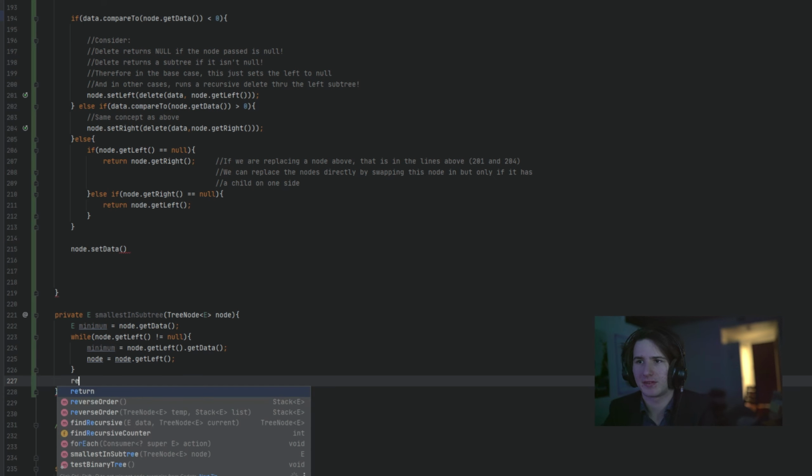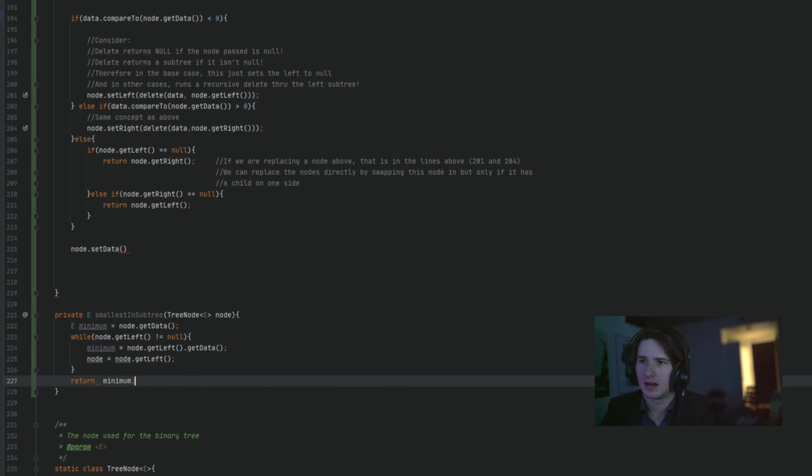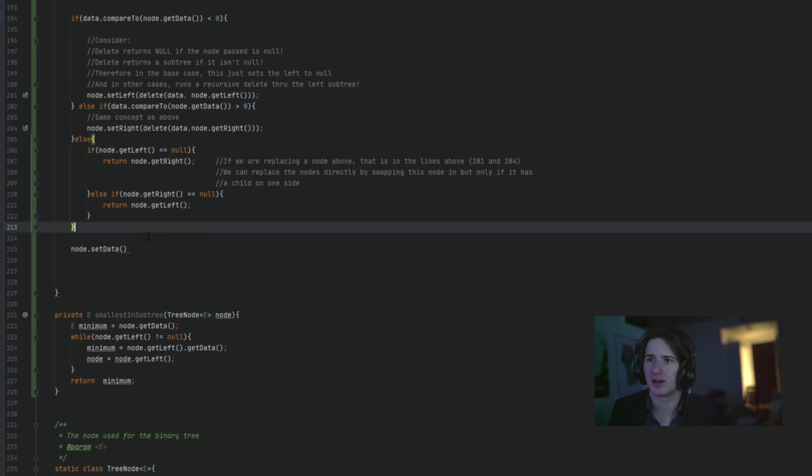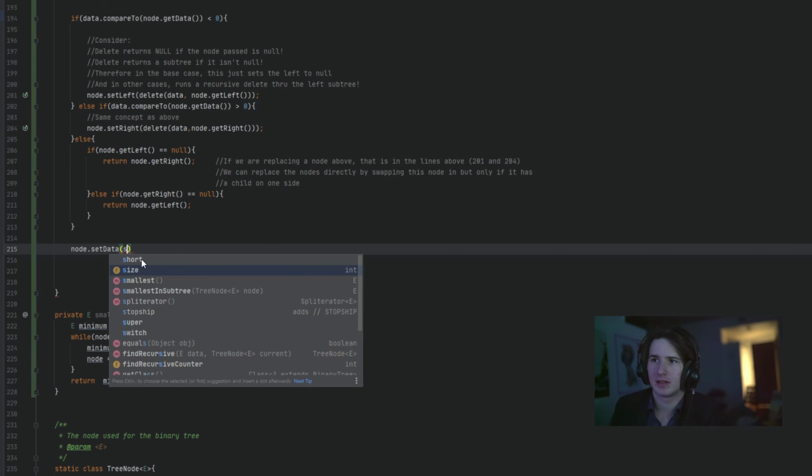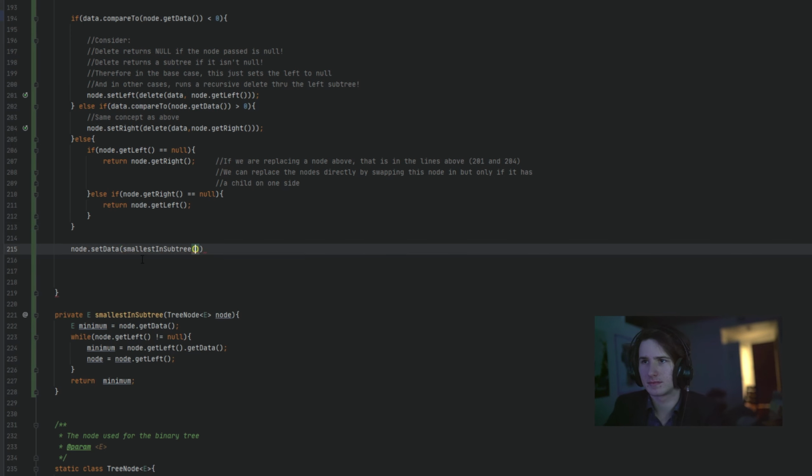This is actually going to be a bit of a hint to what's coming later, because of how this traversal can sometimes be slow. But now we're going to set the data to be smallest in subtree node,